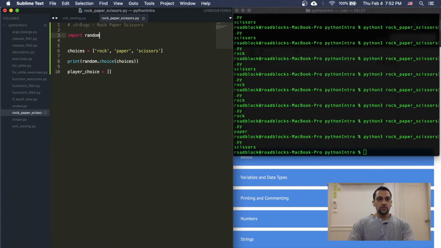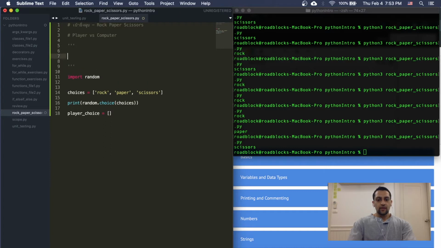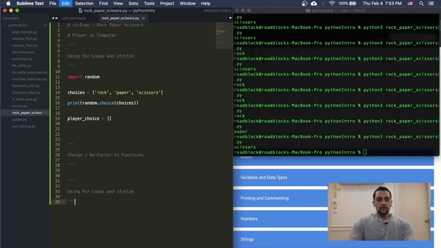So I have a player choice. Let me put in here, this will be player versus computer. This one will be using for loops and if else. Afterwards, we will jump down to functions, change/refactor to functions, and then change/refactor to classes. So those are going to be the 3 big steps. จะมี 3 อันดับใหญ่มากครับ